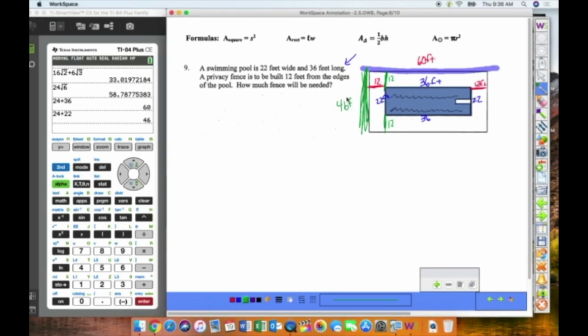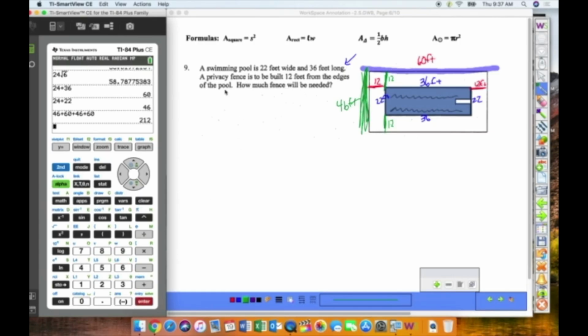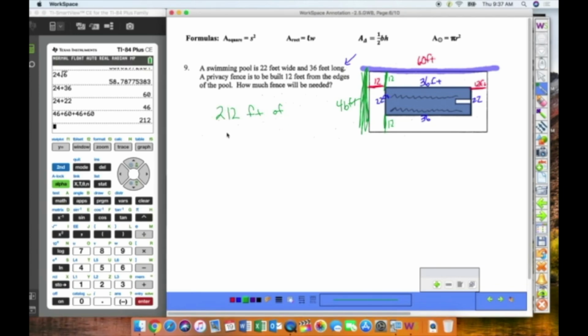Now they say how much fence is needed. You have to outsmart the problem and realize, okay, if you're going to put a fence around something, is that more of a perimeter or is that more of an area? And I hope, because we're advanced students, that we know that putting fence around something is the perimeter. So I need to do 46 plus 60 plus 46 plus 60. And realize that that is 212 feet of fence that we need. So if we were going to a hardware store or something, we know we'd have